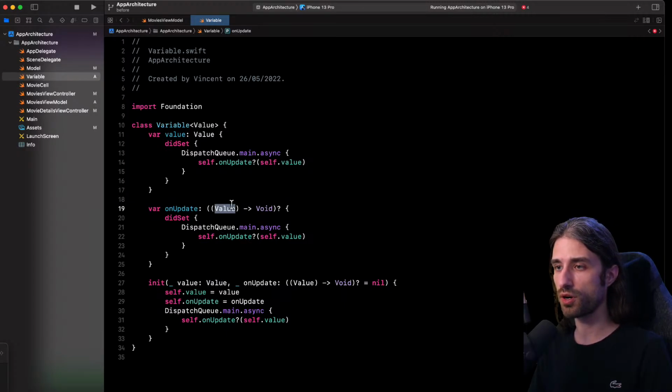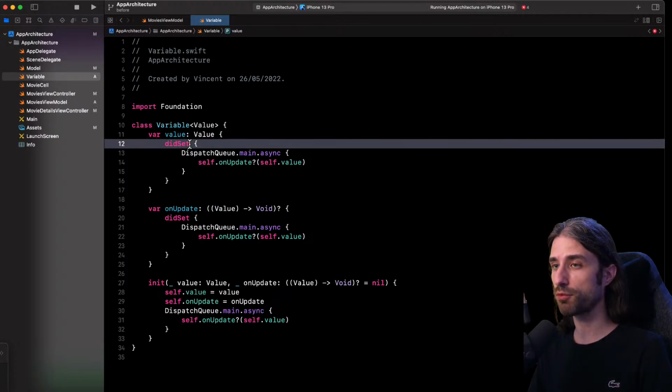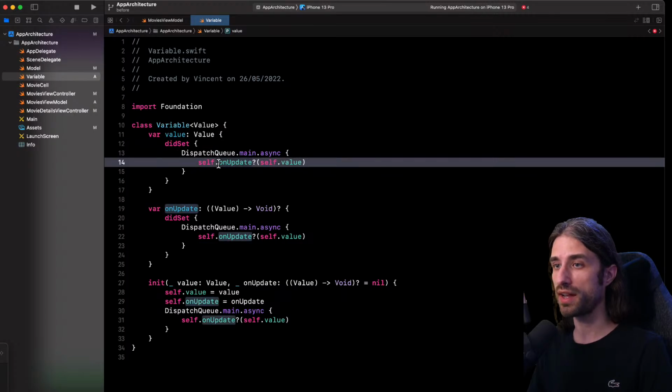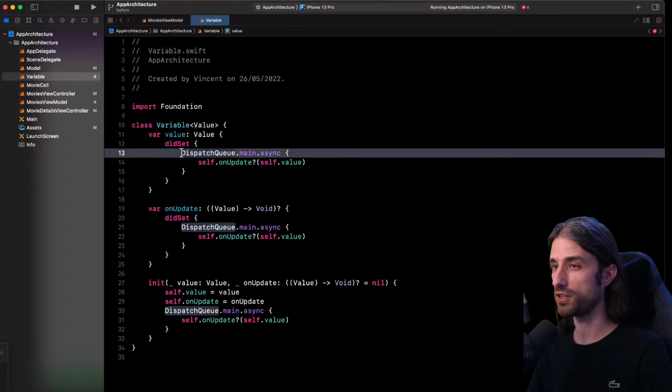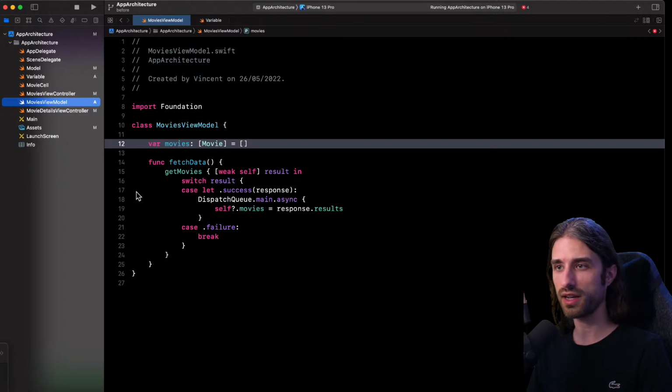The way it works is that whenever a new value is set, inside the didSet property observer, the closure is called, and it is called on the main queue, on the main thread, because as you can imagine, inside onUpdate we will probably find our view controller manipulating UIKit objects. And as I'm sure you already know, if you try to use a UIKit object on any other thread than the main thread, that's a crash for your app, because it's forbidden to touch a UIKit object outside the main thread.